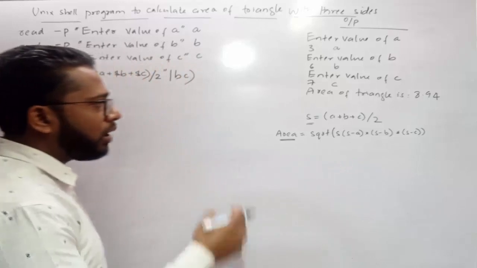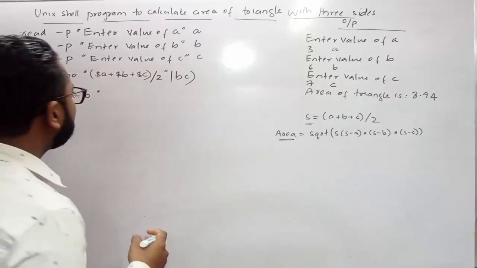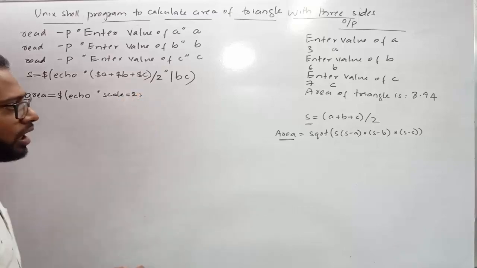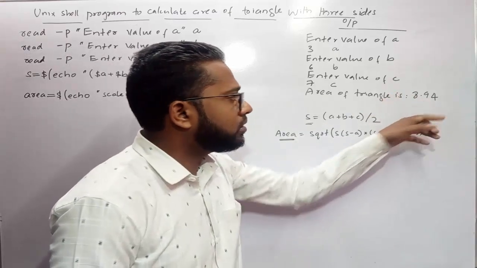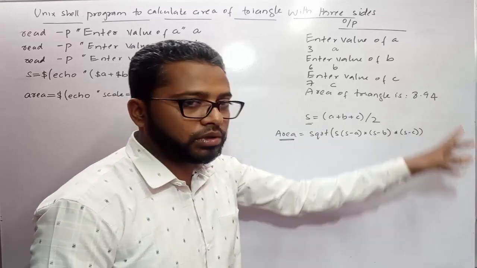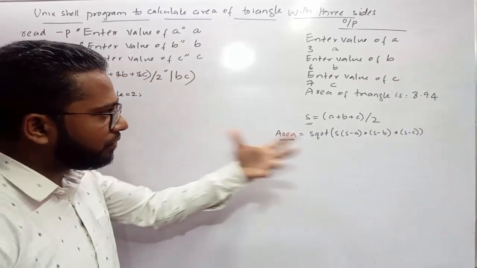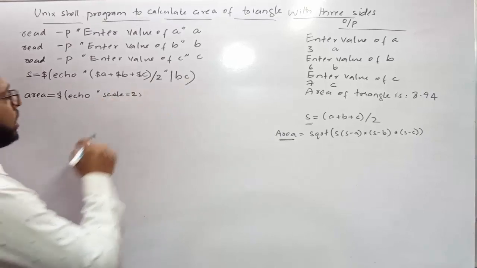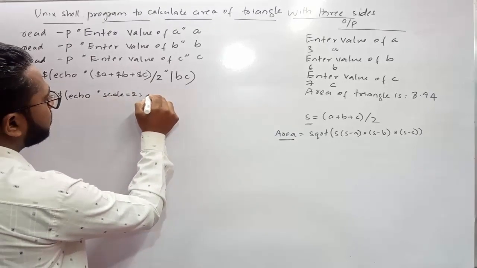If you want to display the output like this, then you need to use scale=2; That means after the decimal point I want to display two numbers. If you want to increase it to 3 or 4, you just need to change this value to 3 or 4. Okay, next sqrt